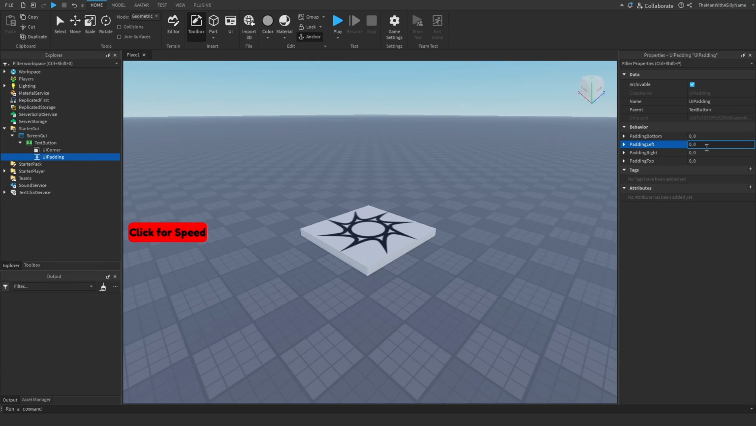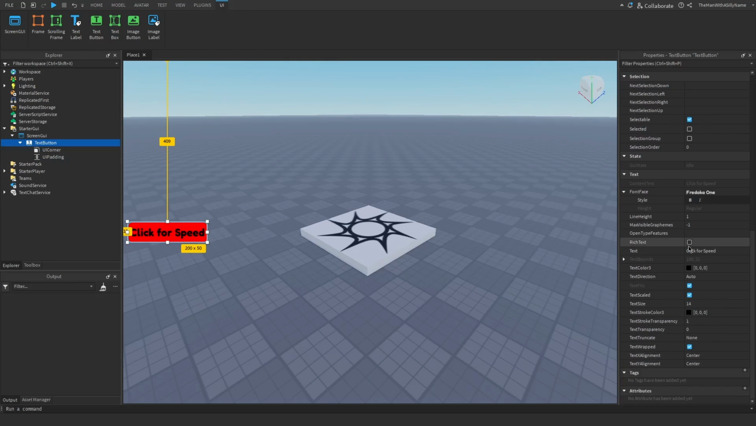Alright, change padding left to 0.50. Do the same for padding right. Let's do 0.3 maybe. 0.2. Alright, I think that looks good. Just gonna make the text white